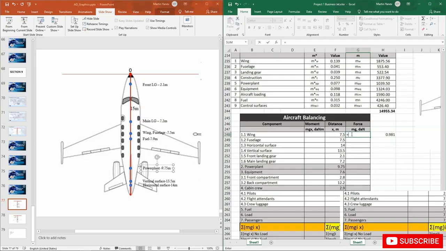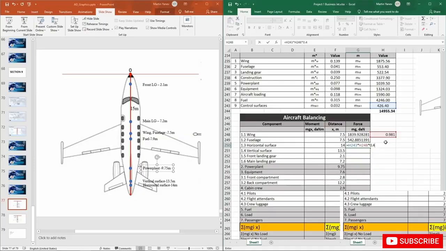So here I will simply write equal to the wing mass, the total wing mass, which is this one, multiplied by this mass here. Then the next one will be equal to the fuselage multiplied by this one again. Next, the horizontal surface. So let me find it. So we have the control surfaces. The horizontal surface will be equal to the total control surfaces multiplied by this coefficient here, multiplied by 0.4, because usually the horizontal surface gets 40%